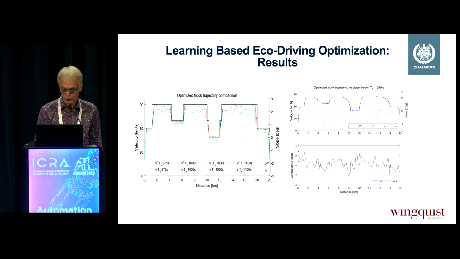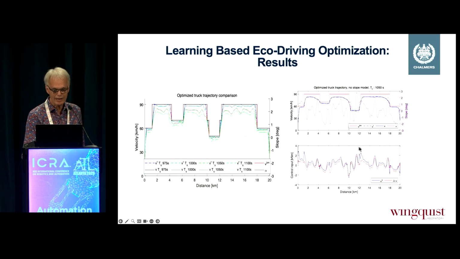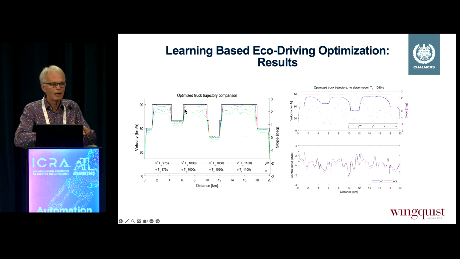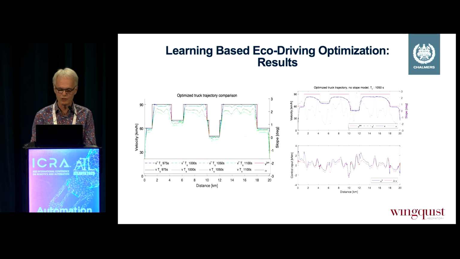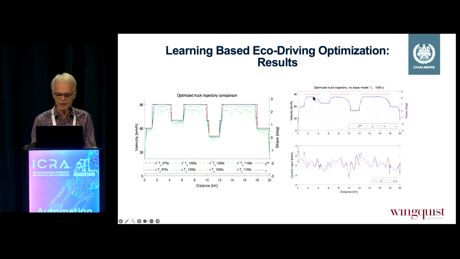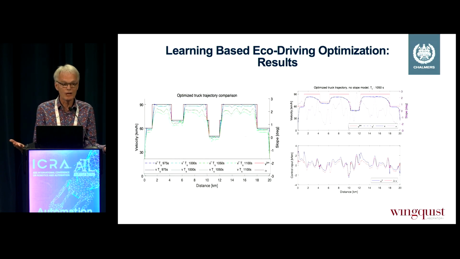But first, I show you also some results for this eco-driving of the truck. And if you have the shortest limit of restriction going from place A to B, and you have these speed limits, the solution will go just to the speed limits. But if I get some more time, I can drive a bit slower and save energy. And it's also interesting to see here that the feedback works quite much here because I haven't given the information about the slope, but that is taken care of by the feedback loop.